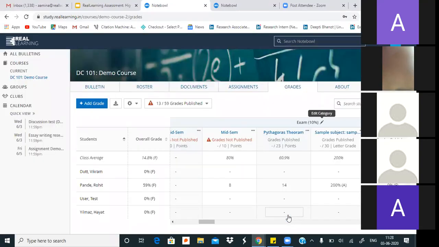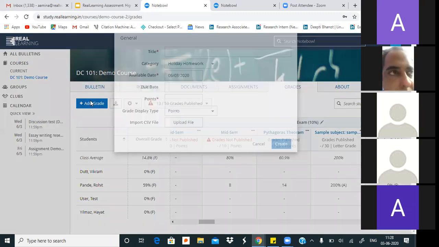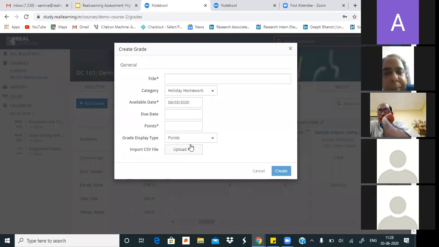The other thing that teachers can do from their grade books is import as well as export the grades. Suppose I have taken an offline assessment and I have a file in my system which lists the grades for each student. I can simply upload that file here. So even if I didn't conduct it online through the platform, I can still upload the grades here, and that will be included in the student's performance. So teachers can integrate offline grades from here. All they need to do is import a file.